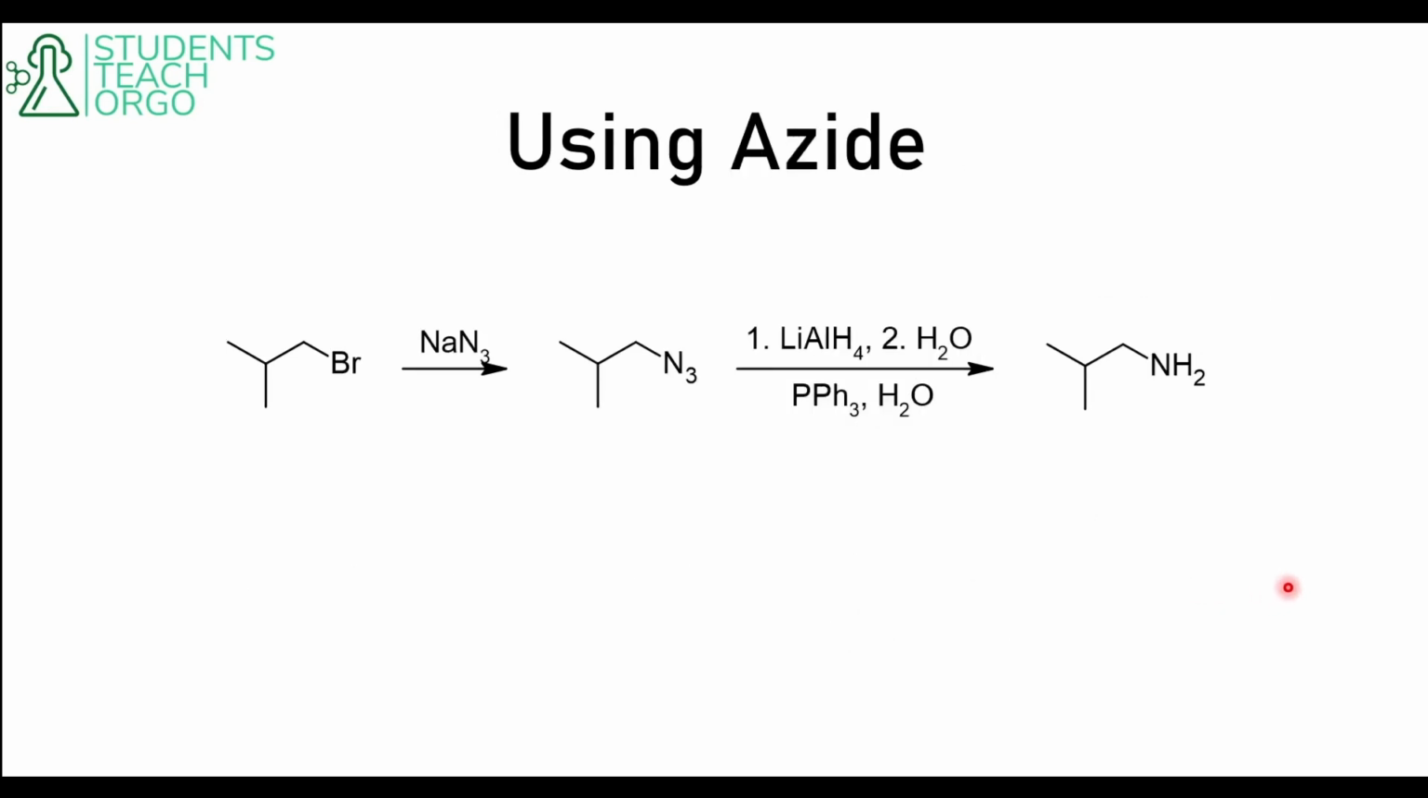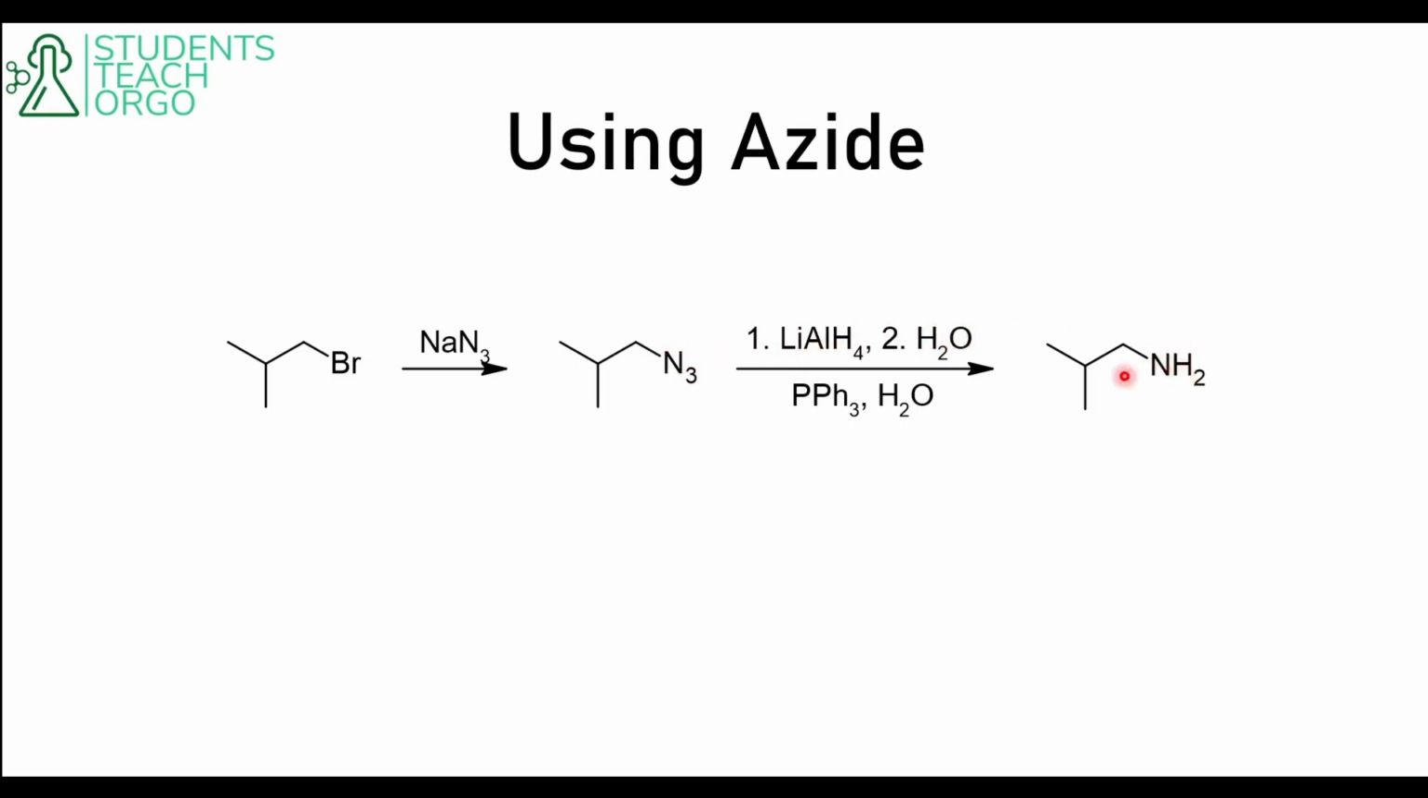Another common method is using azides, very similar to the last mechanism. Instead of treating with a cyanide salt, we treat with an azide salt that will replace the bromine on the alkyl bromide with the azide group, and then we can do one of 2 things. Either we can use lithium aluminum hydride and treat with water again to reduce the azide and create our amine,